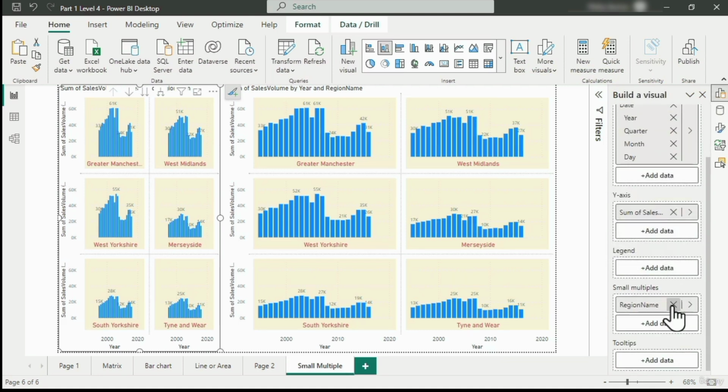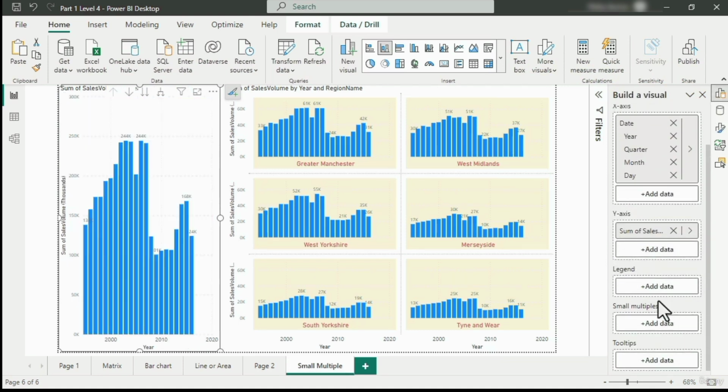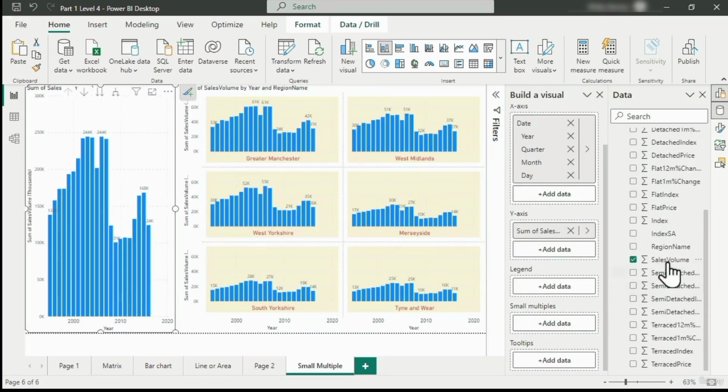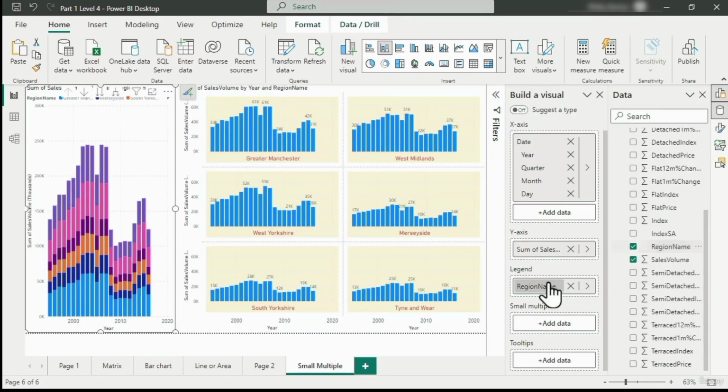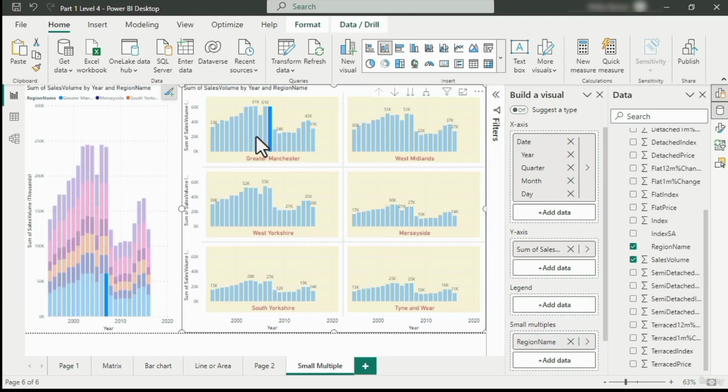Instead, it's going to be a stacked column chart with the date running across and with region name as the legend. So if I click on any one of these items, you can see that the appropriate bar gets selected here as well,